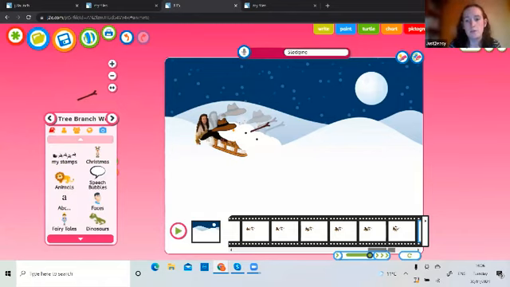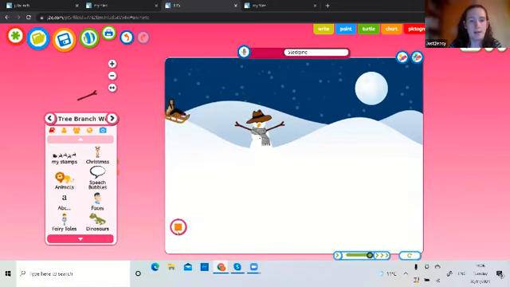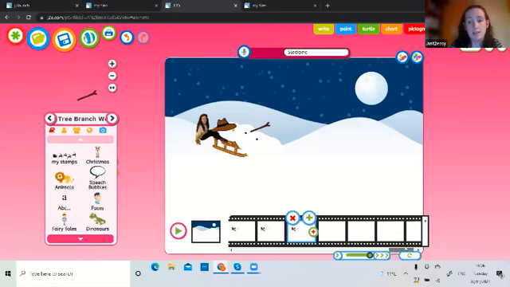And then the very last thing I do before I play it again is just press the red plus button to copy this last image several times so that we get a pause effect at the end. And I'll play that now. So I can go back and I can edit it if I'm not happy. So I'll press that a few more times.